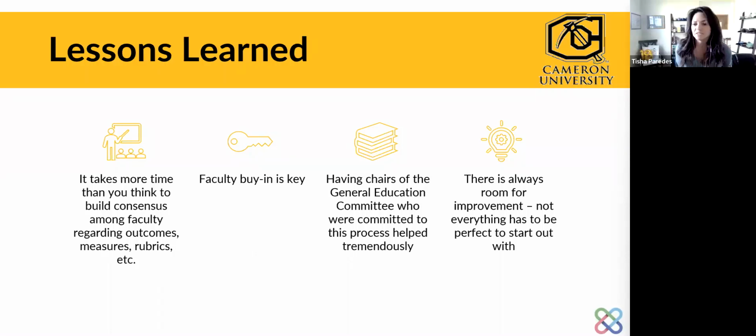I have a question. Somebody asked a question about norming sessions. For those areas, there's a question about how you got everybody on board using the same measures for assessments, especially across departments. You noted that there was a rubric that everybody agreed on, and I think that is the way to go. That's the way I've seen some other institutions do it. First, how did you get everybody involved? And the second question is, were there norming sessions? Because you and I could read the rubric very differently. So could you talk a little bit about that?